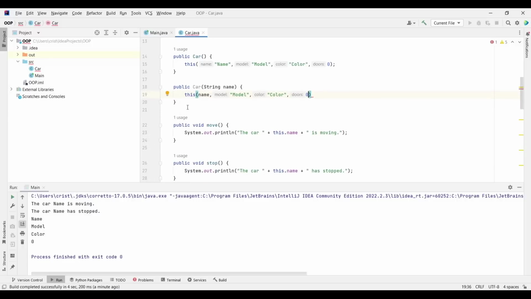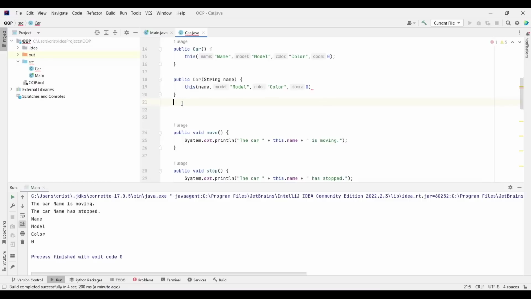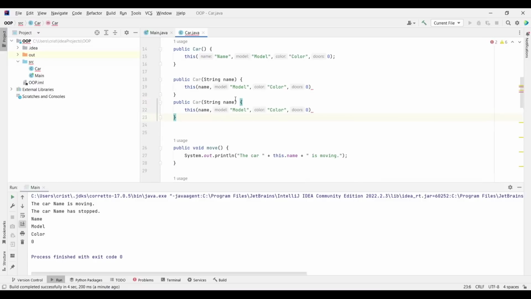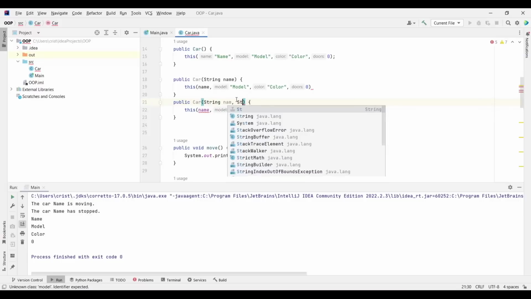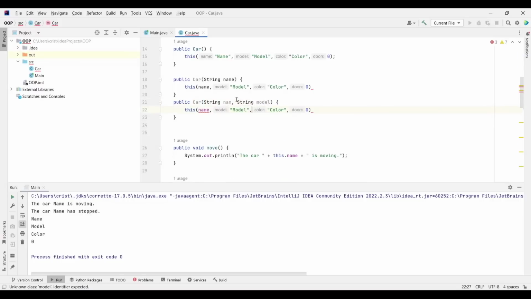And I can do the same thing with another constructor. So I can provide another constructor and provide values only for the model and color. So string model, and here instead of passing this default value, we're gonna pass model. And I'm gonna show you how all of this works immediately. Semicolon, here and here. And here we have name, it should be this one, name.